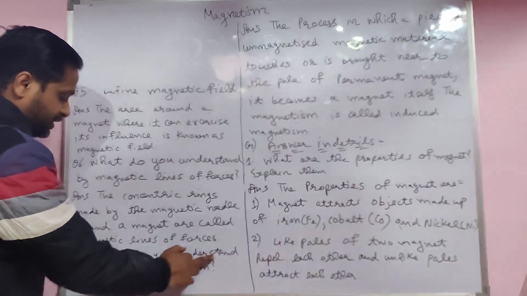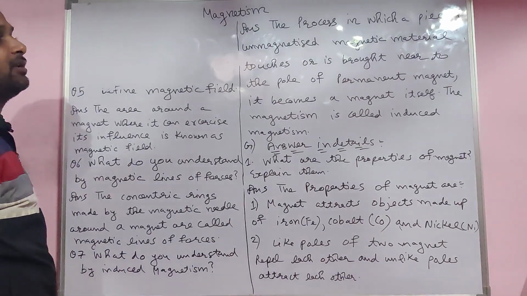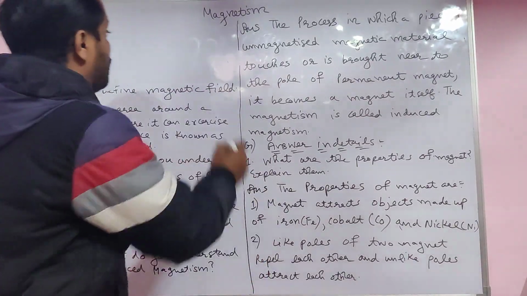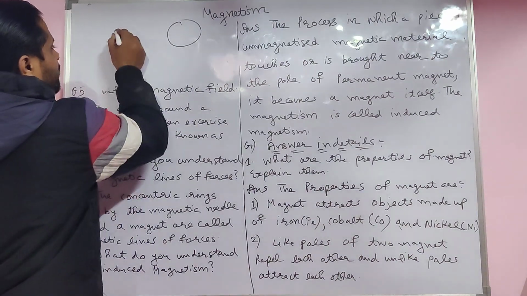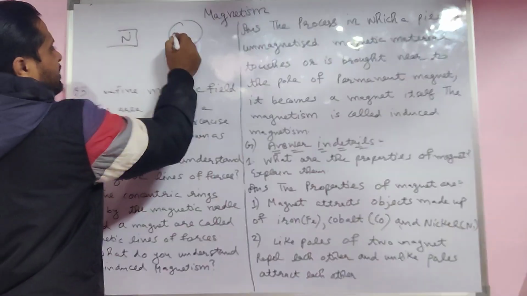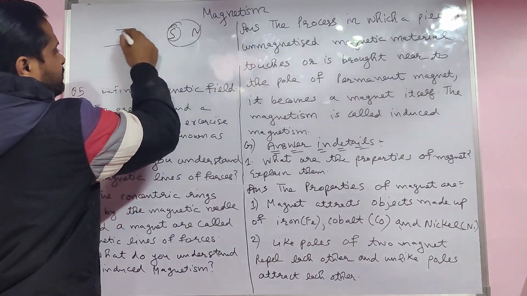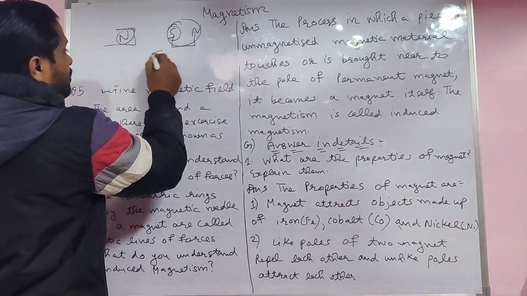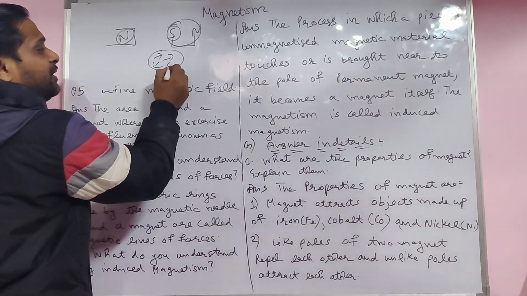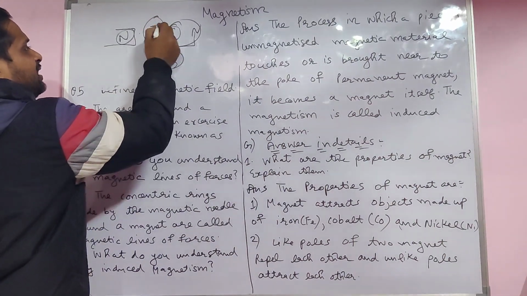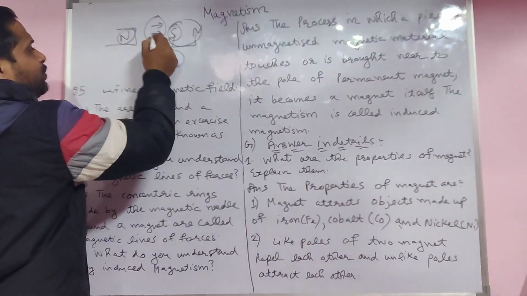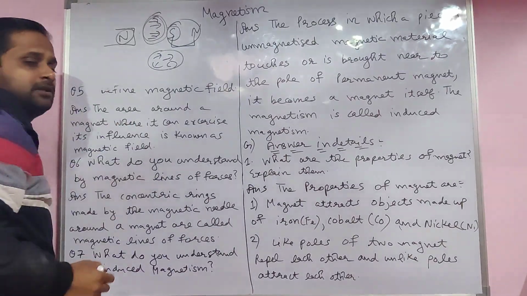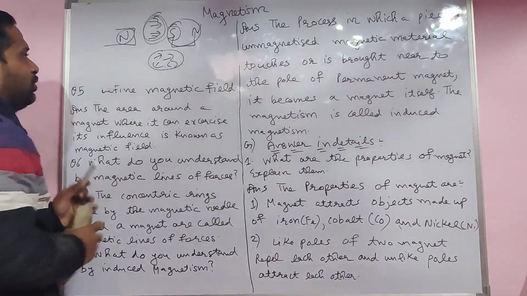What do you understand by induced magnetism? Already told to you. When a body has no north pole or south pole, but you put a north pole here, then south comes here and north comes there. Separation between these. Why? We already told. Firstly, electrons move randomly here and there, but when you bring one near, it forms a north pole and south pole. Electrons lie in the same direction. That's why, students.